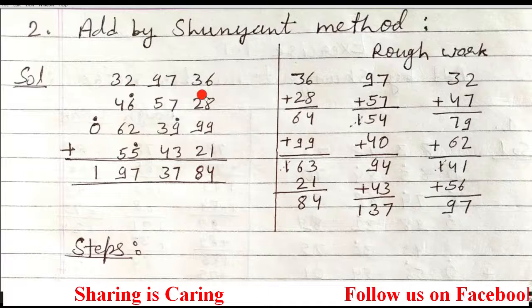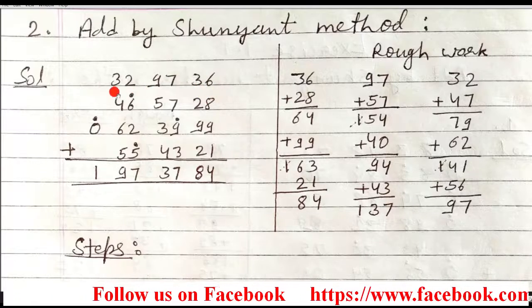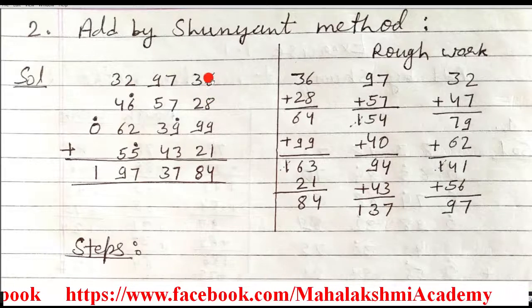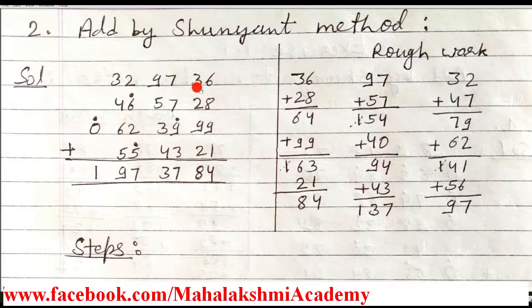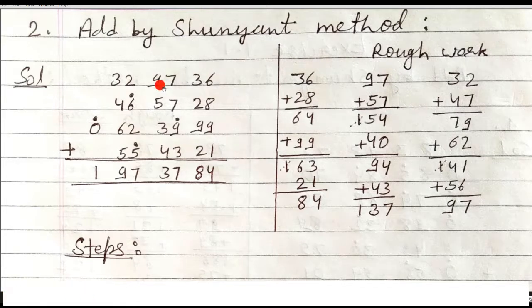So as I explained the first question in my previous video, when you will write down the question in column wise of 2 numbers, make the group of 2 numbers. That is from back side, units place start, units place and tens place column, then hundreds place and thousands place column, then 10,000 and lakhs place column. Like this, just create the gap and write down.